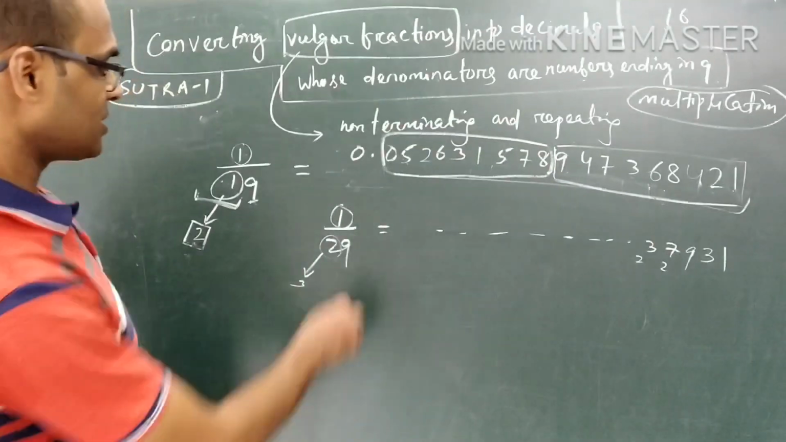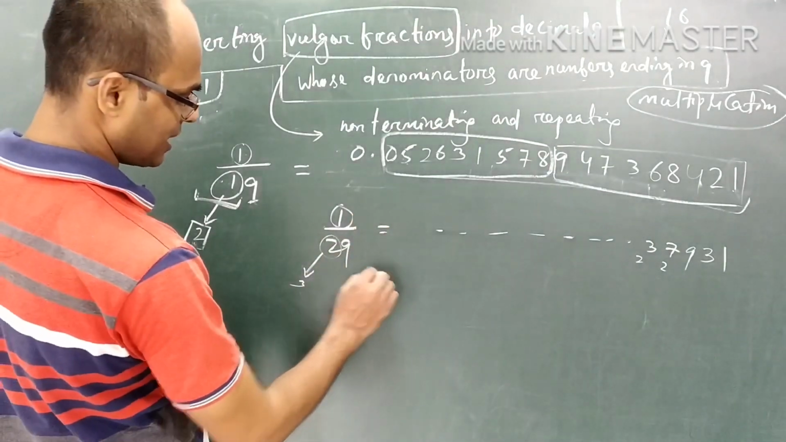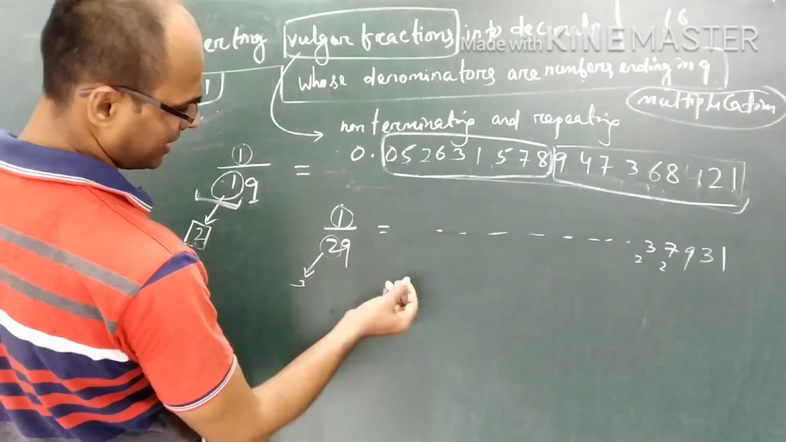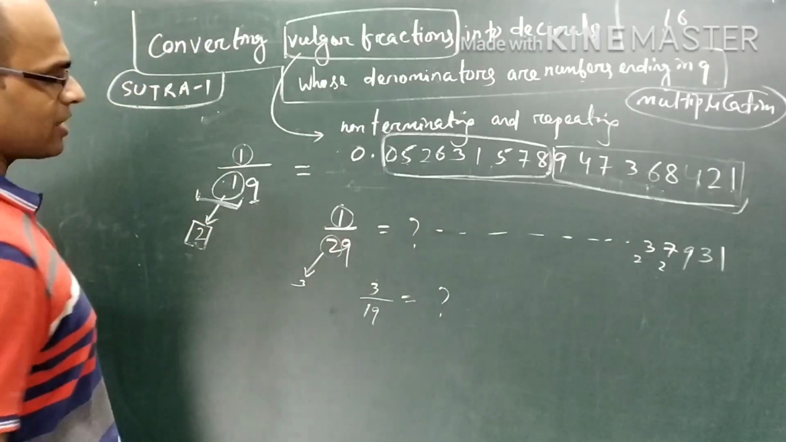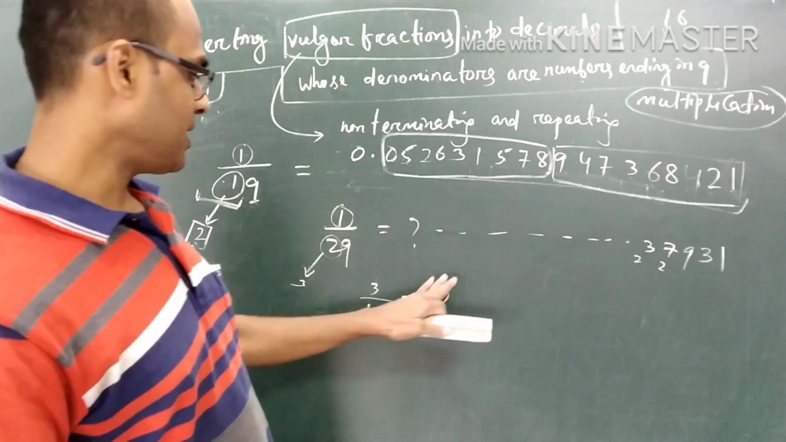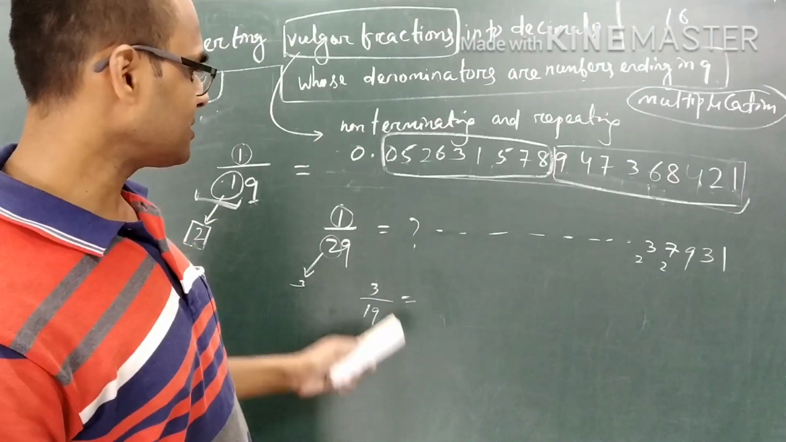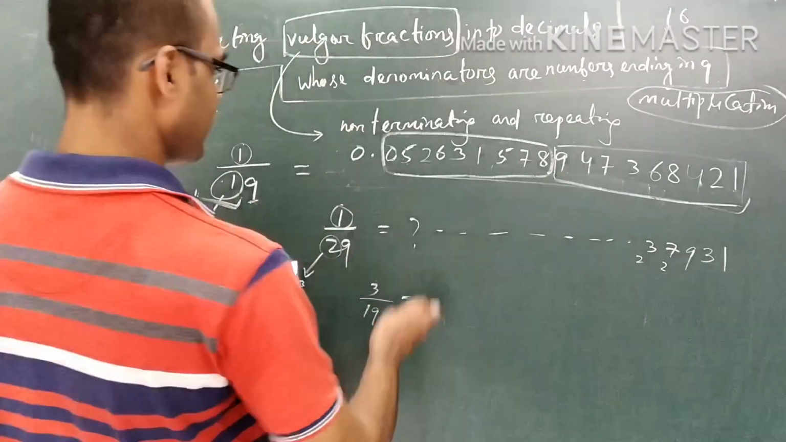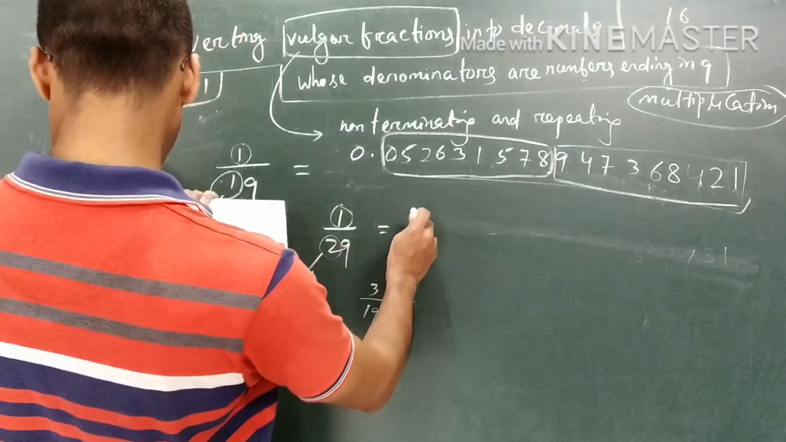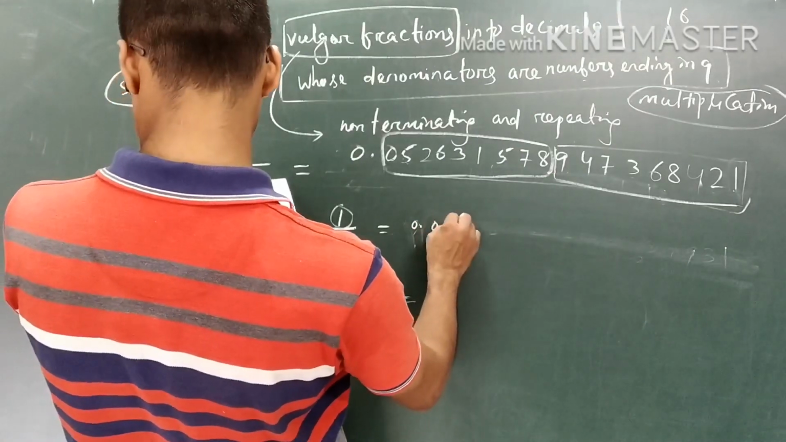Now this is a task for you. Similarly, you can find anything. You take 3 by 19. Find these two at your home and calculate the answers. I am writing the answers I calculated here. 1 by 29 will be